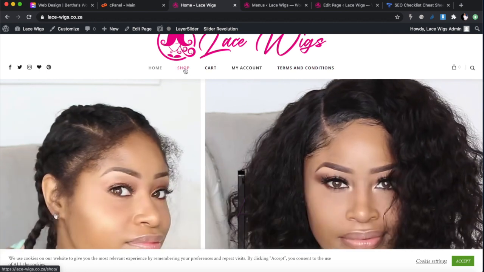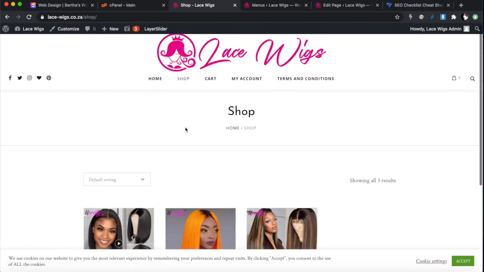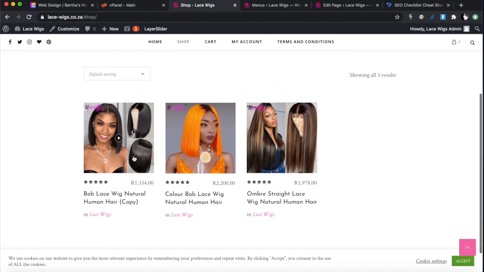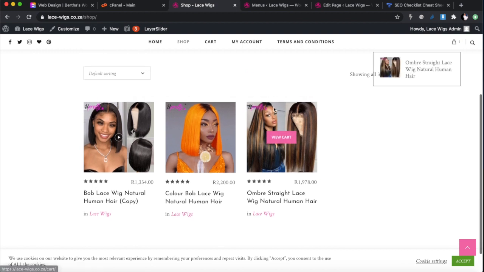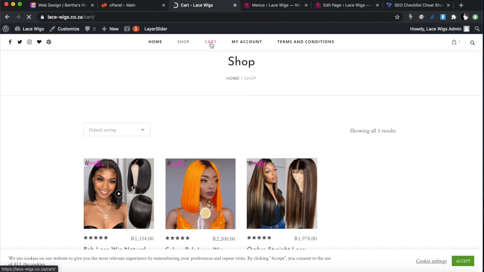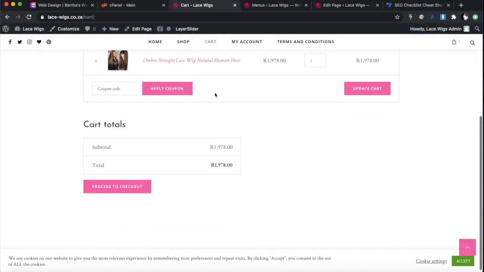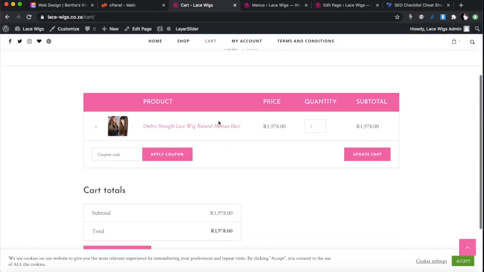If you go to the shop page, let's see what's shown there. You only see the items we've added. So this shop page is created for you automatically by WooCommerce and the way the thing is set up. Okay, so we can immediately add an item to cart. Okay, and then let's go and see our cart page. And you can see these are the items you've added to cart. We can't check out yet because we haven't implemented the shipping policies and the other things.